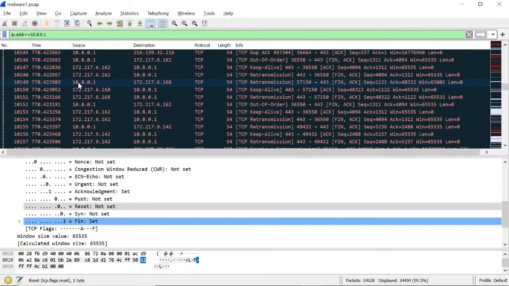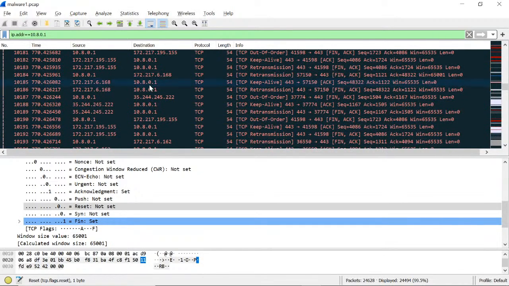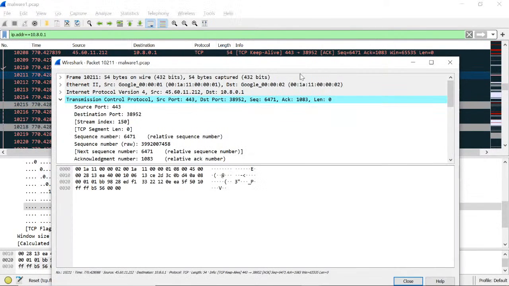You can see this is the communication between this 10.8 to 172.217, and then coming down another IP address. So we can further investigate on this IP address 172.217.325.244, which port they're trying to connect,